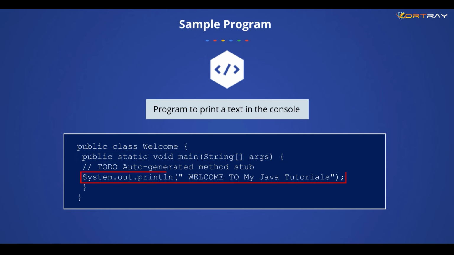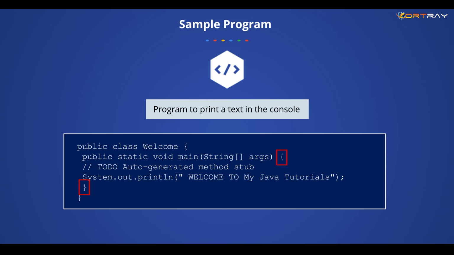And this is System.out.println, which is the function that helps you to print something on your standard out. In this case it will be your display terminal, but sometimes if you want you can send it to a file also, that is possible. Here it tells Java to just print welcome to my Java tutorials, and after that give a new line. That is what this does. And all your code, if you look at it, is surrounded by curly braces. That means the class code starts here and ends here, whereas this function code starts here and ends here.